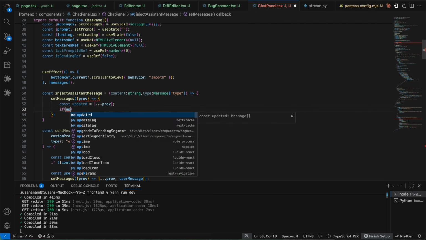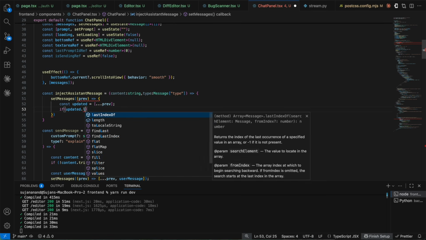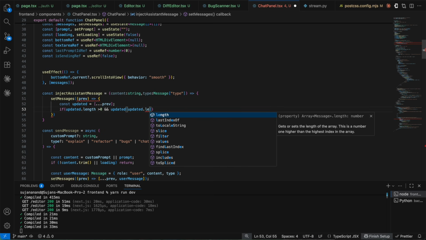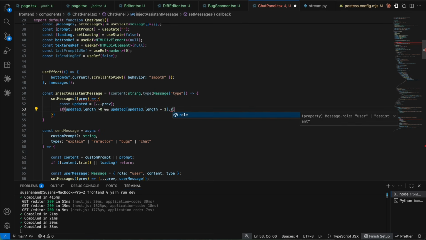So if my updated.length is greater than 0 and updated of updated.length minus 1 dot role is equal to assistant, and updated of updated.length minus 1 dot content is equal to scanning for bugs dot. Then in this case